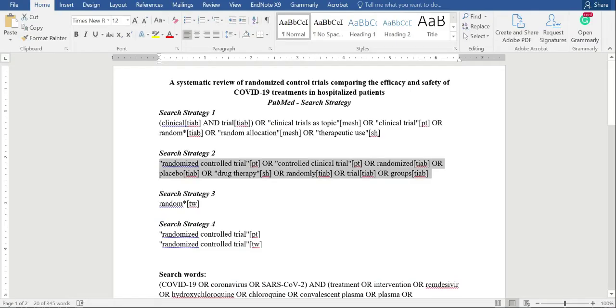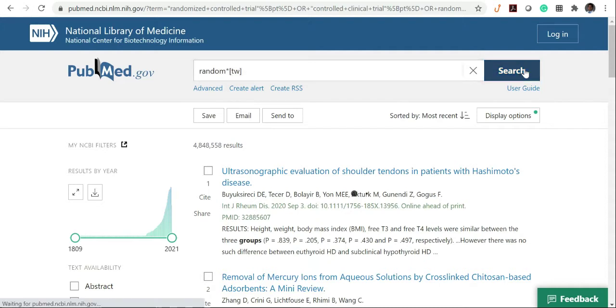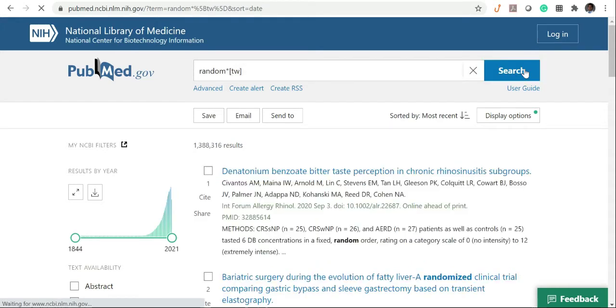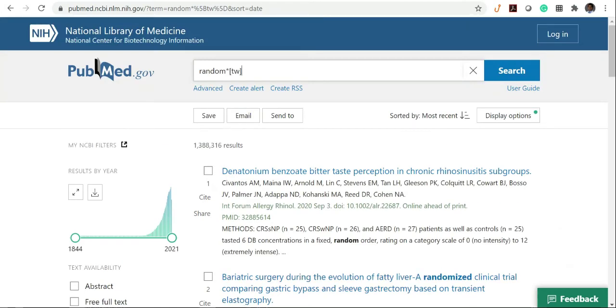Now, if we go to the more specific strategies, say when we use the word random with a star and looking at all the text fields, TW stood for text words. Looking at all the text words that are there, we will obtain about 1.3 or 1.4 million studies that have the word random somewhere in their text. So it could be random, it could be randomized, anything that has the term random at the start of that